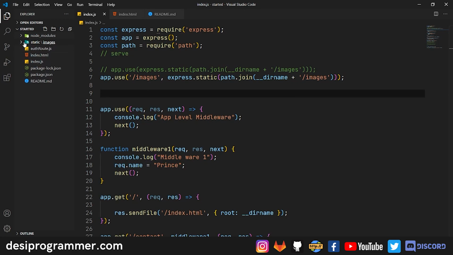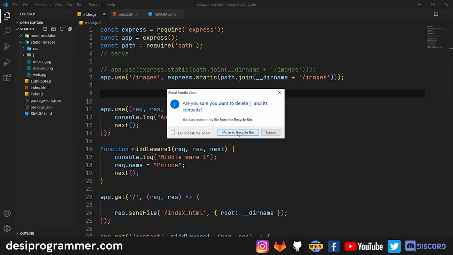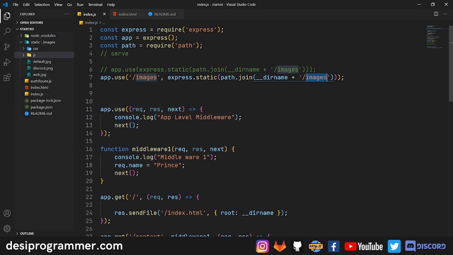Now in my static directory, all that I have are not images. I can have additional data. Let's say I can have CSS files. In my static directory, I can have JavaScript files. So now here I have to change from /images to static, and here I have to change /images to static. So normally when we will be creating projects, this is how we will be serving our static folders, our static files.